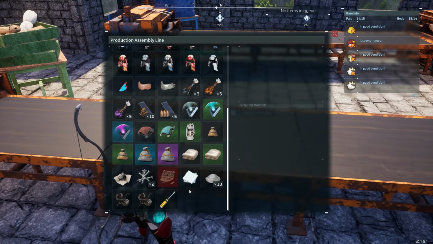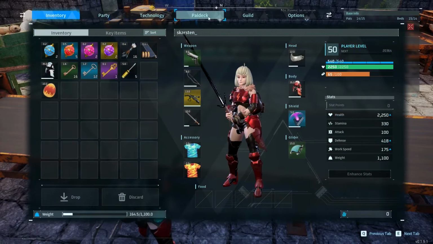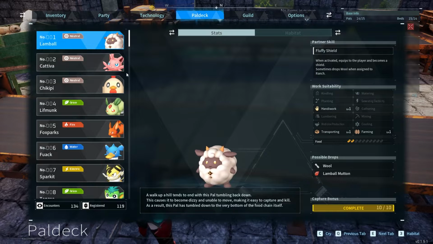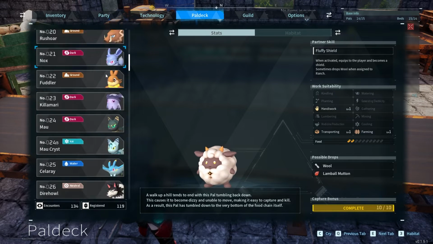Now, how do you get polymers? Well, as you can see here, you need 2 high-quality pal oil. Now, how do you get pal oil? Very easy. The easiest pal to farm pal oil is our Woolly Pops, and Woolly Pops are,